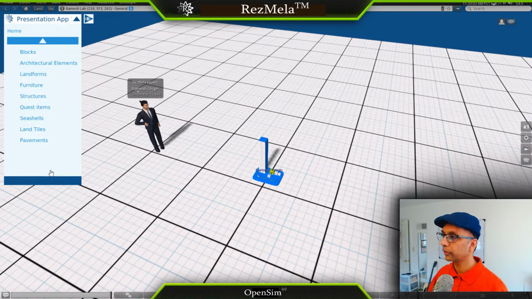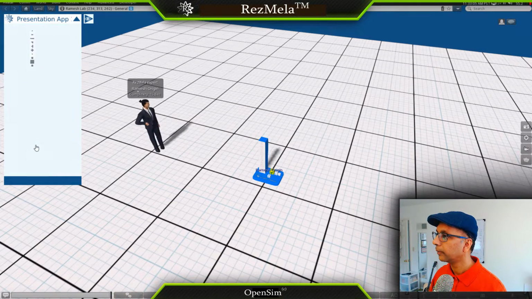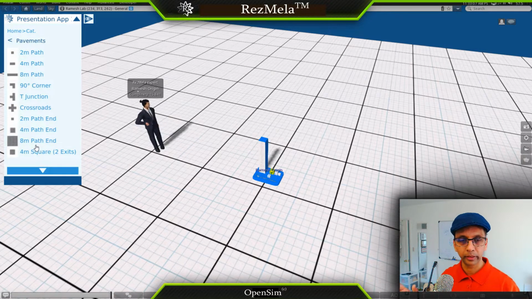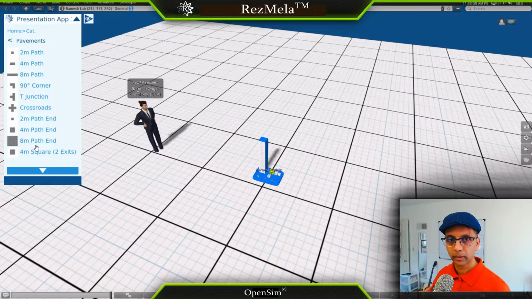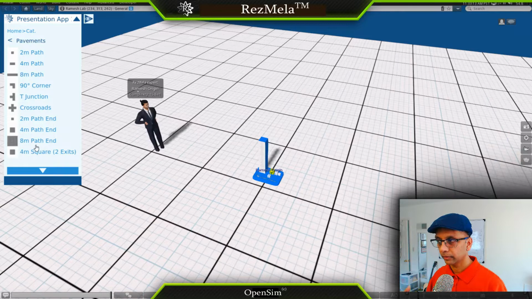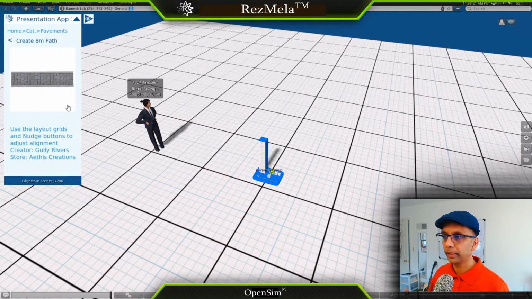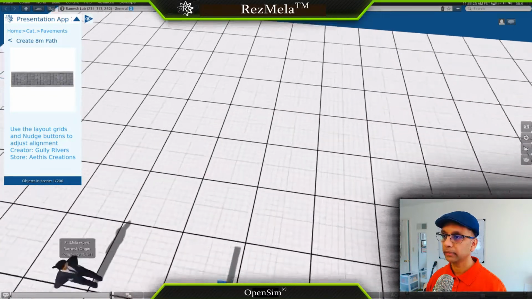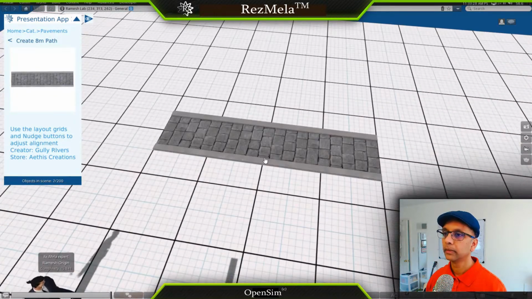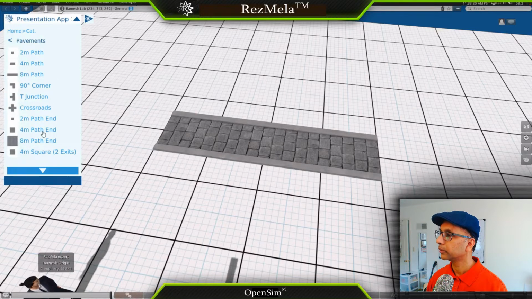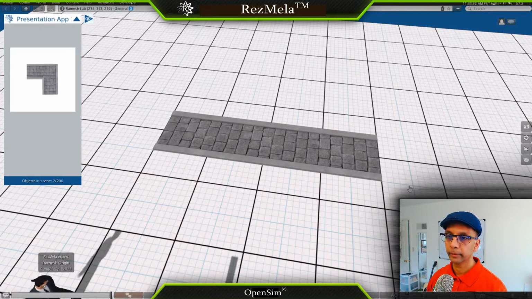Pavements is the category of objects that would provide us with a set of pieces that we can assemble to create different types of paths. So we have an 8-meter path, let's pick this one. It's fairly longish, and we can try to create very quickly